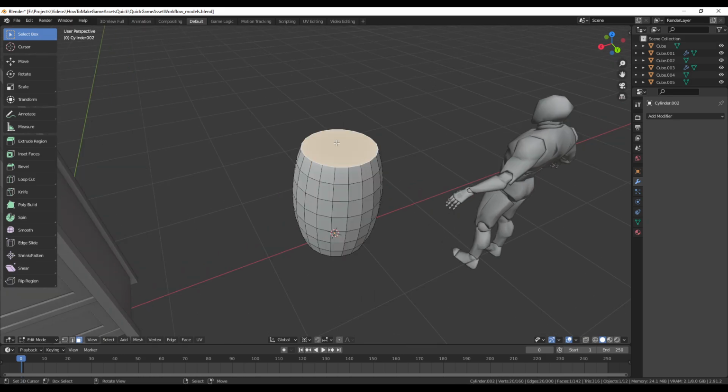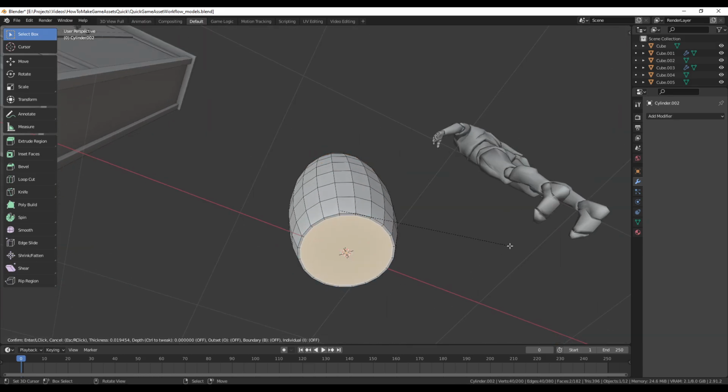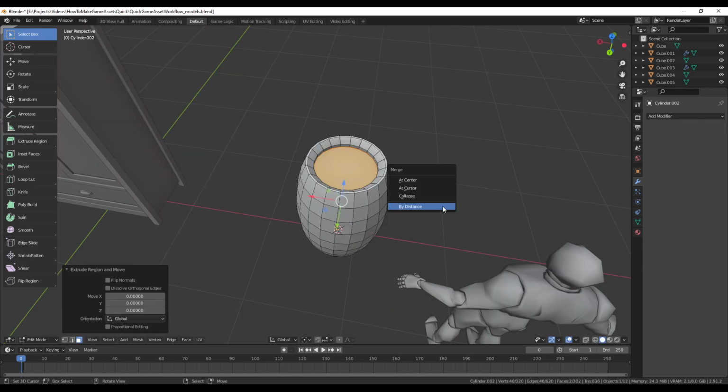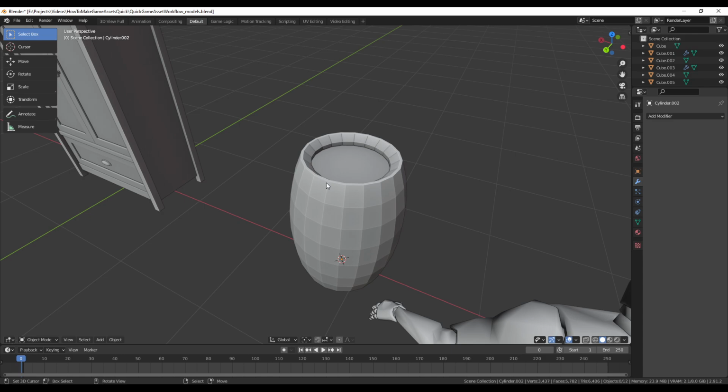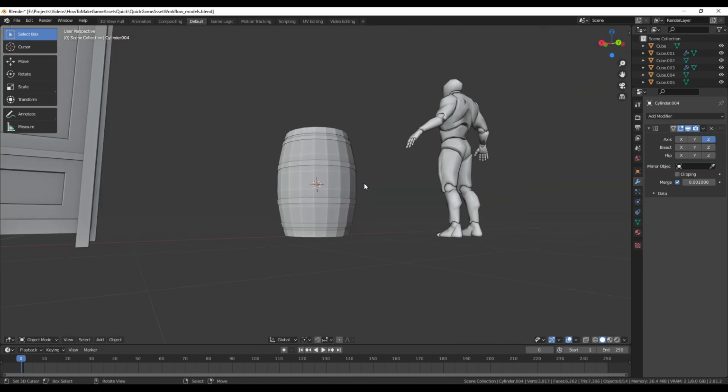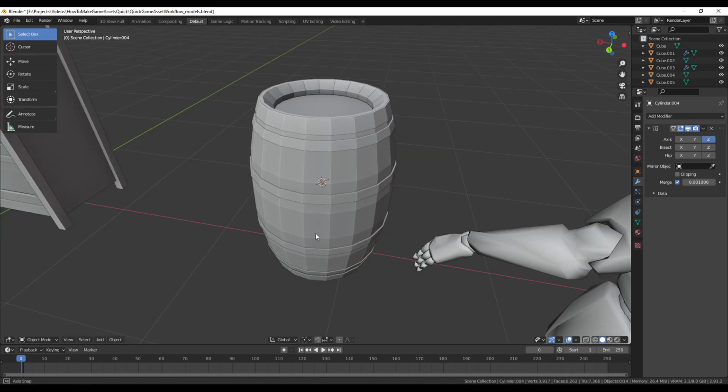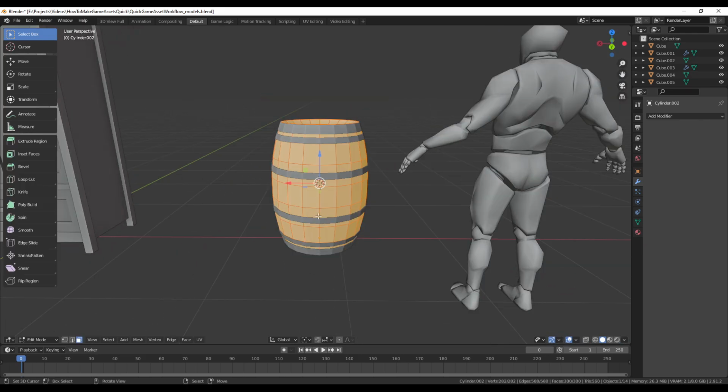All we need to do now is inset these two spots here. Extrude, merge, collapse. And that is it. The rest is metal. Look at that. We already have some metal. It's looking pretty good. And then the wood, of course, what we're going to have to do with the wood to